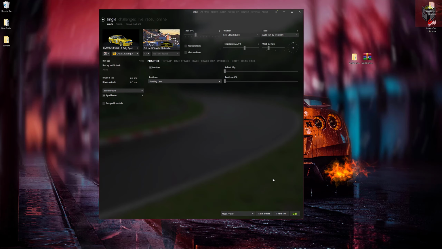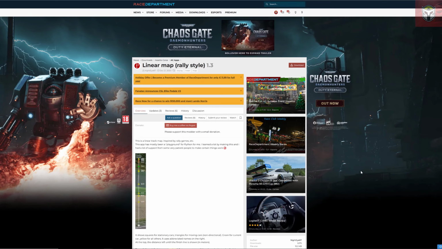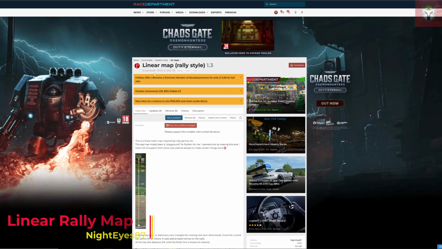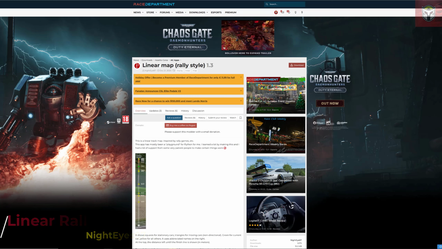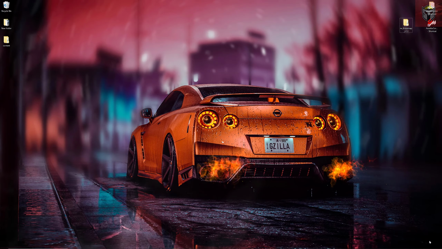Now before we click on go and drive, we are going to install something else, and that is this awesome linear map rally style version 1.3, and this is by Night Eyes 87. So this is a mod that is inspired by rally games, and it's going to sit in the top left hand corner and tell us how far along the track start to finish we are, but also it does show you if there are other cars on the track as well. Now for the rally demo that I'm going to do today, it's just going to be me on a stage,